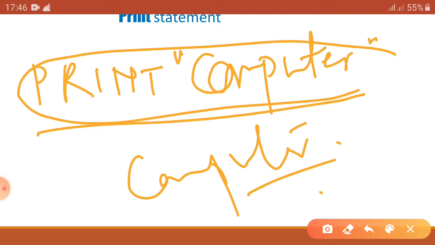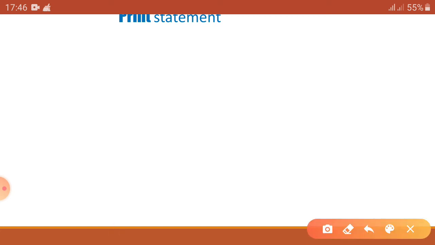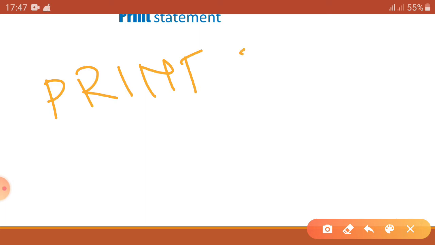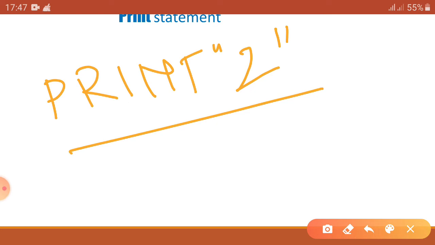Now if you want to print a value, that may be a string value, that means a set of characters, or integer values using a variable, then we have to use another way. Suppose you write print and then 2 inside the quotes, it will print only 2 on the output screen.